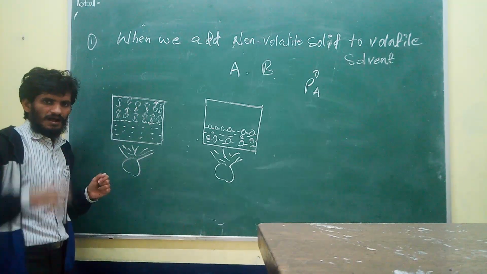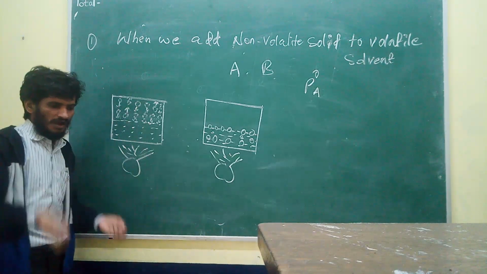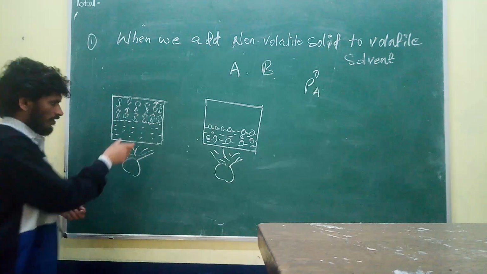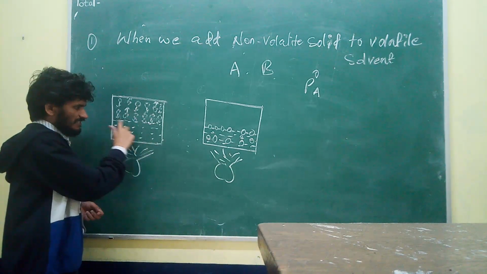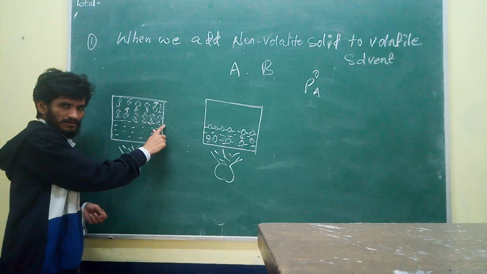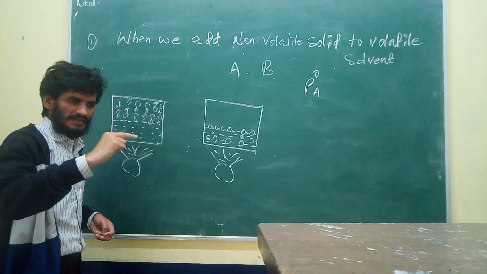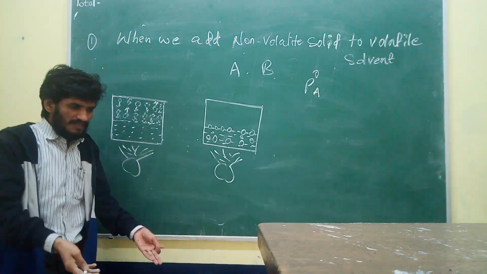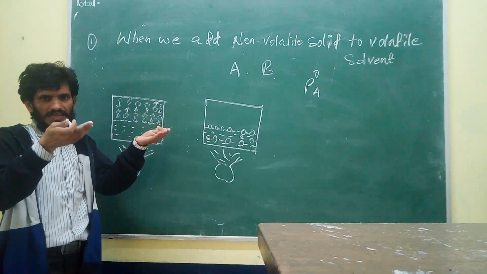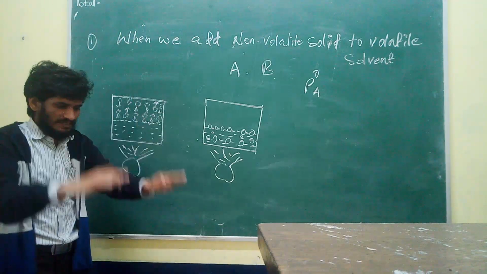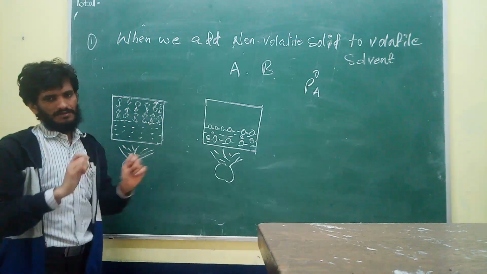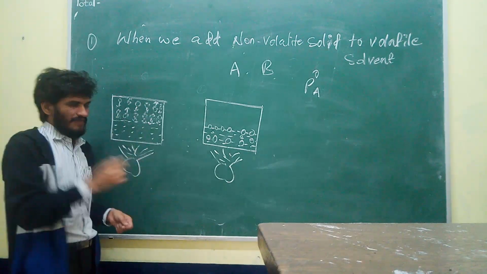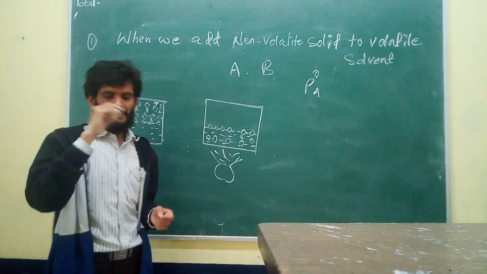When we heat, the 100 liquid particles evaporate, and again 100 particles come back and hit the surface of the liquid, meaning the number of particles applying pressure is 100. Whereas when we add